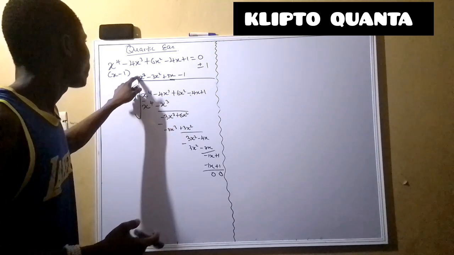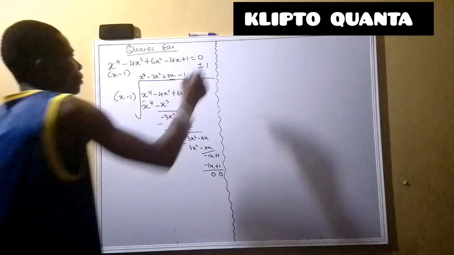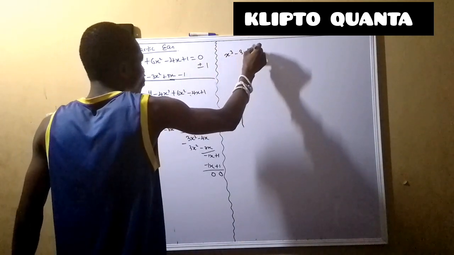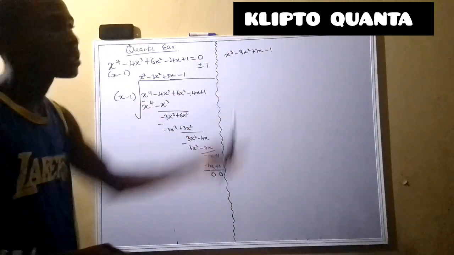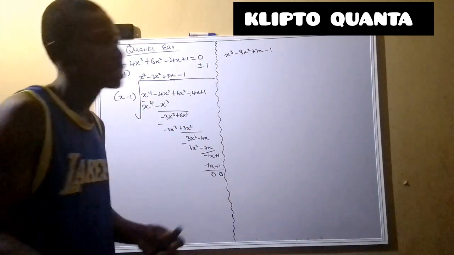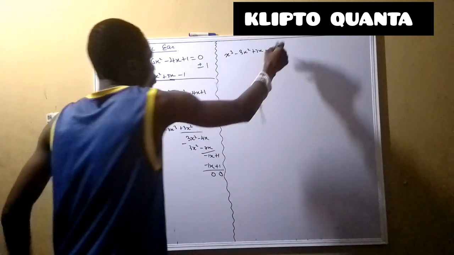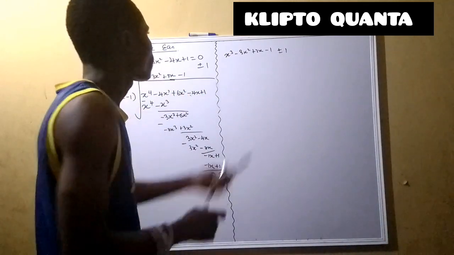We have to take this up from here. So we take the quotient, which is x cubed minus 3x squared plus 3x minus 1. So the same thing we did here, we also repeat it to break it down to a normal quadratic equation. You all know that. So we look at factors again. We know the factors here are also plus or negative 1. And which one is going into it? We have to put 1,